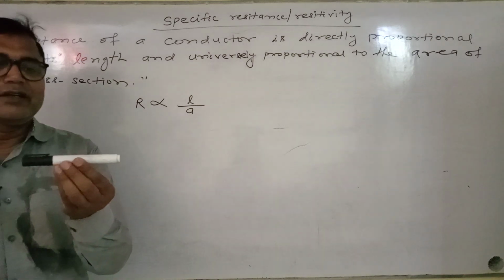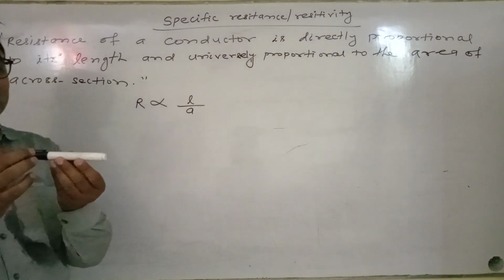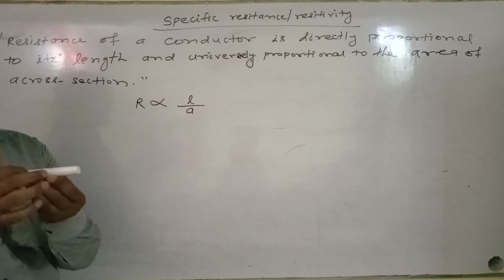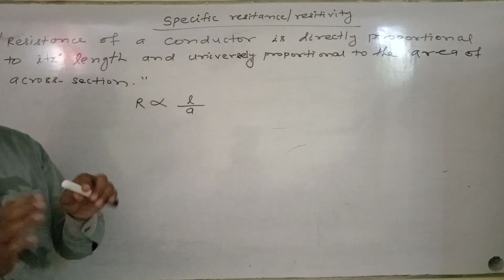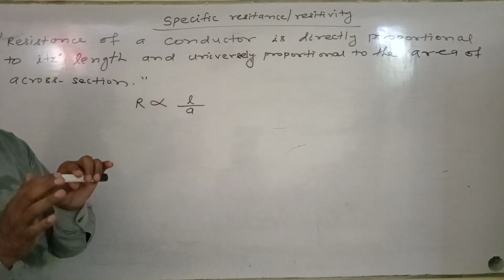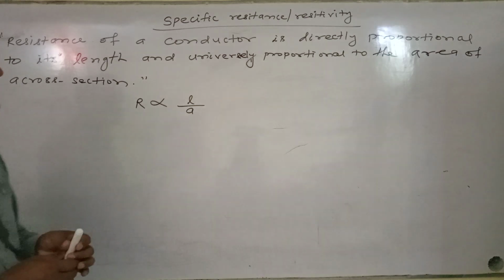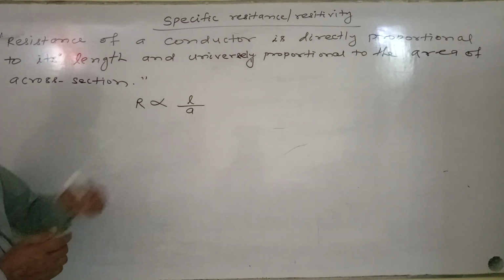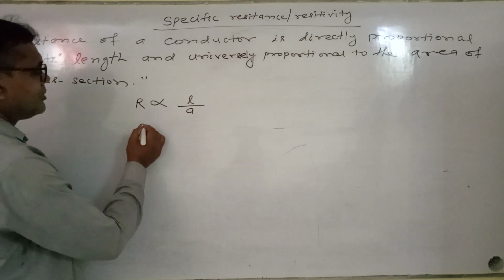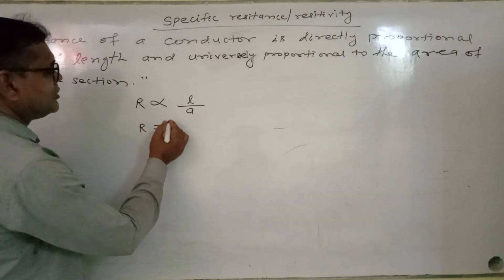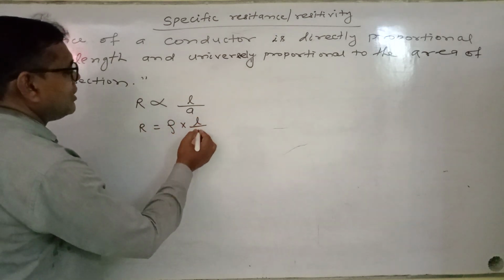Let it be a conductor, its length is L and its area of cross section is A. Now we write R is equal to rho into L upon A,